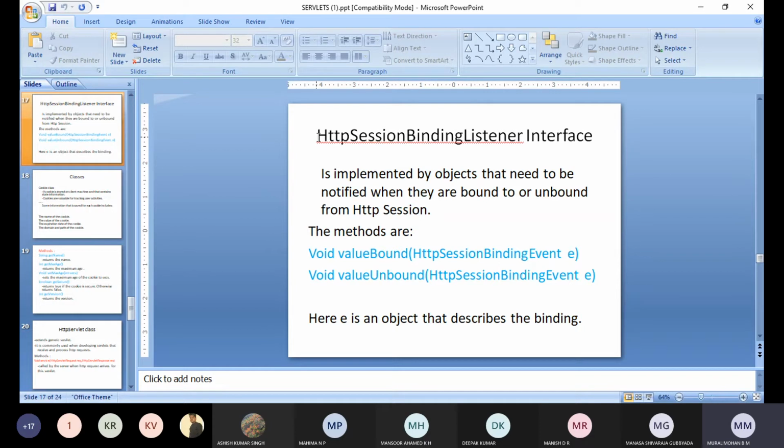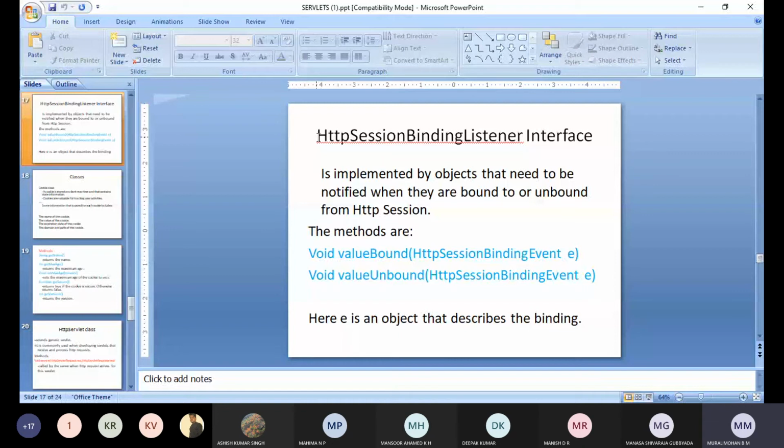It is implemented by objects that need to be notified when they are bound or unbound from the HTTP session. Whenever an object is included in the session or whenever an object is unloaded from the session context, they need to be notified. So if they need notification, then they will implement this HttpSessionBindingListener interface.